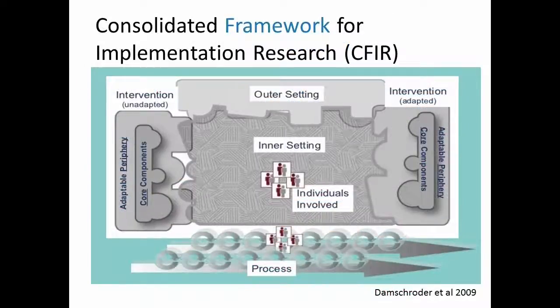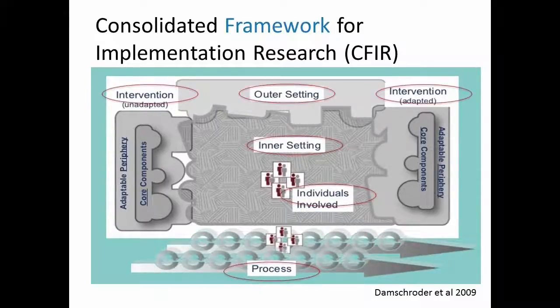So the next example I'm giving you is the Consolidated Framework for Implementation Research, or CFIR. This was developed by Damschroder and colleagues, and I've given you the reference at the end. The CFIR can be used to help guide formative evaluations of interventions in context, and it also offers an organizational framework for synthesizing and building knowledge about what works, where, and across multiple settings. And you might see some familiarity with i-PARIHS. The CFIR is composed of 5 major domains. Surprise, surprise.